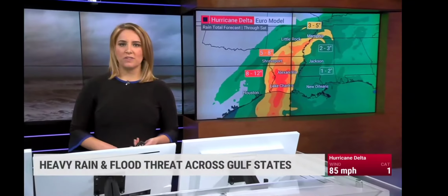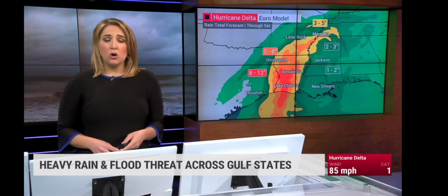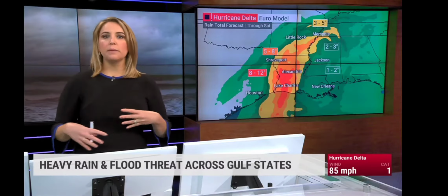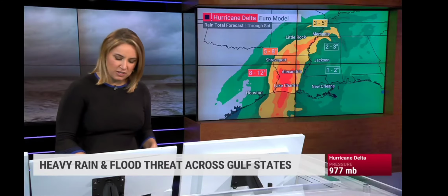We see that stretch well inland, and we could be looking at some big totals. Positive with this one is we're not going to be measuring the rainfall in feet in most spots, because this storm is going to move. So we're not looking at a storm that just meanders near the coast and dumps 20, 30 inches. That is not this storm. So there's a positive. With that said, still the possibility of some flash flooding,